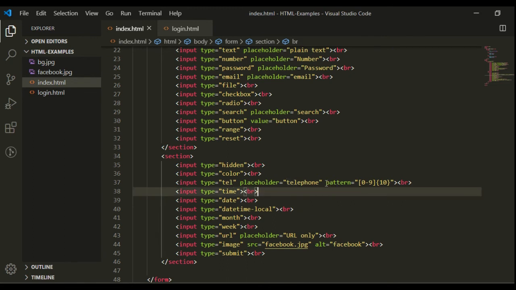For the telephone, you can define the pattern because every country has a different format to enter the phone number and mobile number into the input field. So here we can define the pattern in which format we want to take input from the user. Here I have given 0 to 9 number and 10 digit. So let's see on the browser.